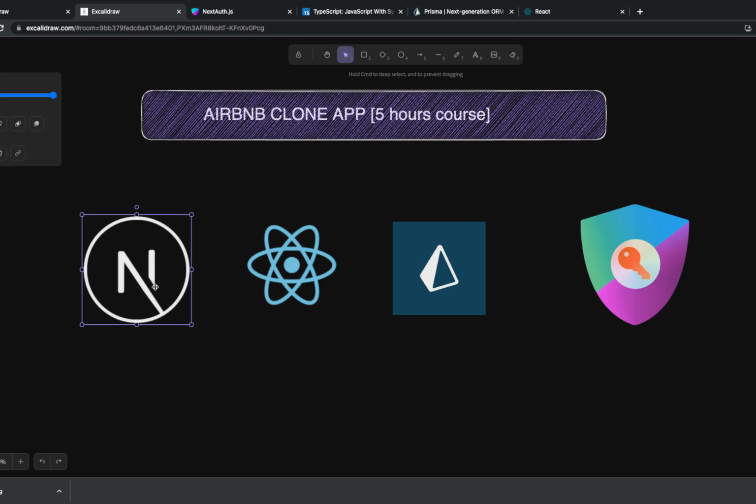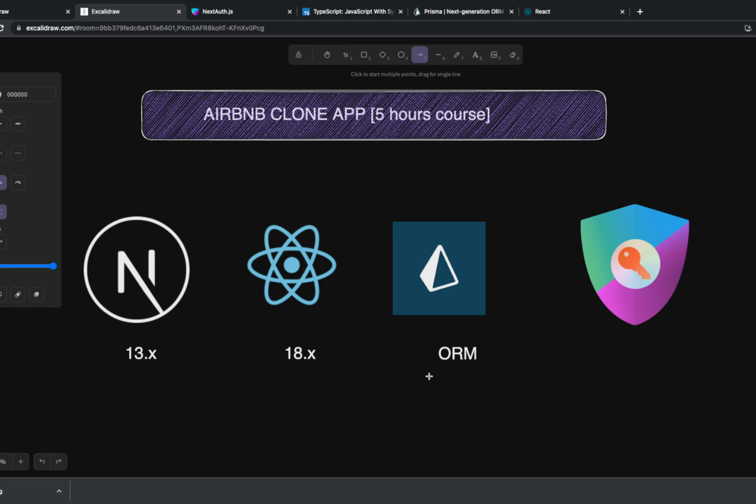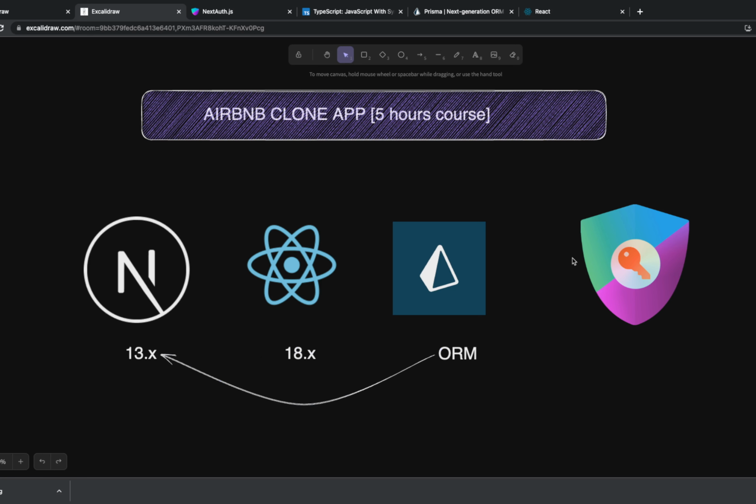So what we are going to use: Next.js 13.x, and here we are going to use React.js 18.x, and Prisma, which is an ORM solution, which we can just pair up with our Next.js. So you can just use Prisma at the Next.js server side, at the APIs, and we can use NextAuth to